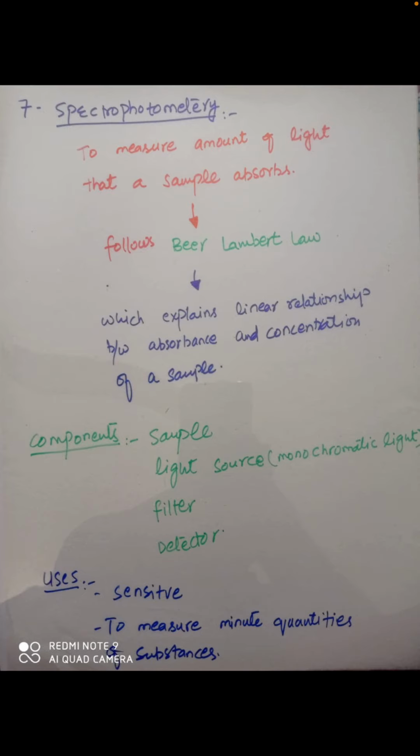And coming towards the spectrophotometry, it is the type of technique which is used to measure the amount of light that a sample absorbs. So in this technique we use light source, और जो light source आपका होता है वो एक स्पेसिफिक टाइप का होता है, और उस लाइट सोर्स में से जितनी एब्जॉर्प्शन आपकी सैंपल अपने अंदर करता है और जो एक्सट्रैक्ट करता है बाकी बची हुई लाइट को, उनकी बेसिस पर हम एवेल्यूएशन करते हैं कि कितना कंसनट्रेटेड सॉल्यूशन है.